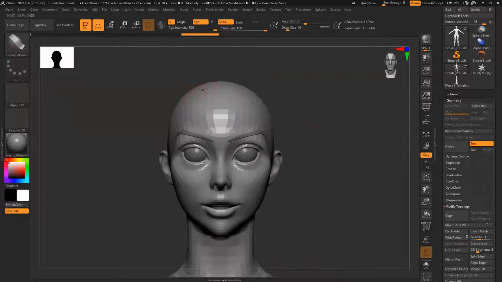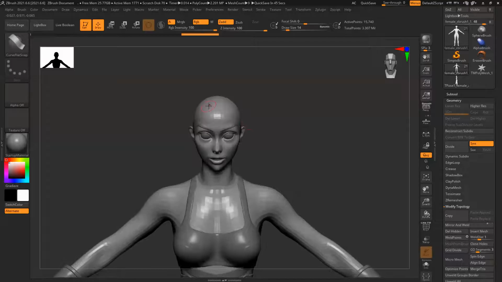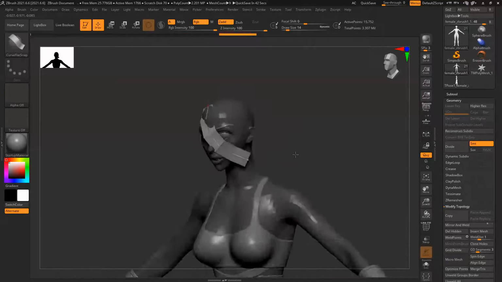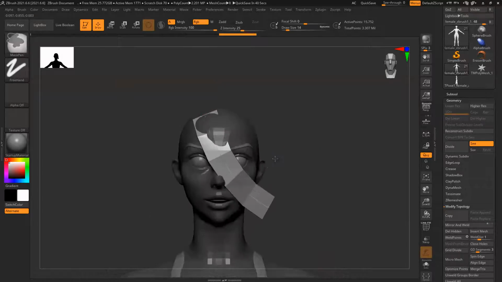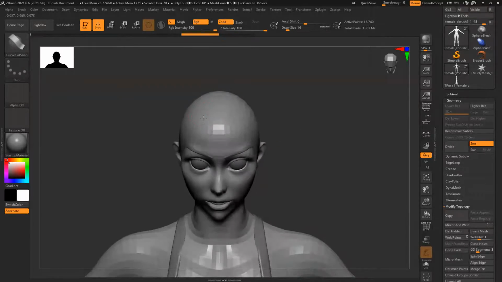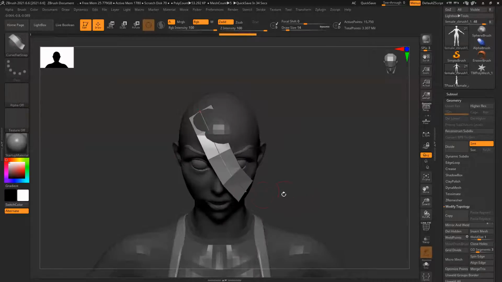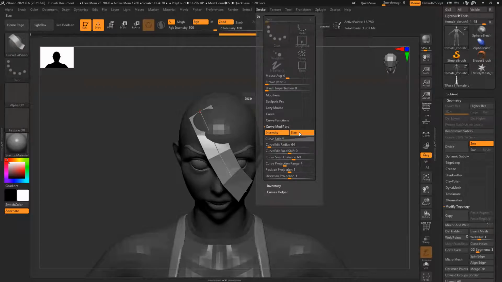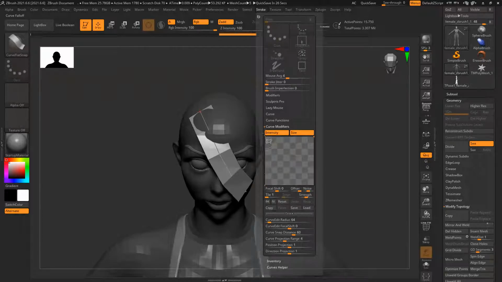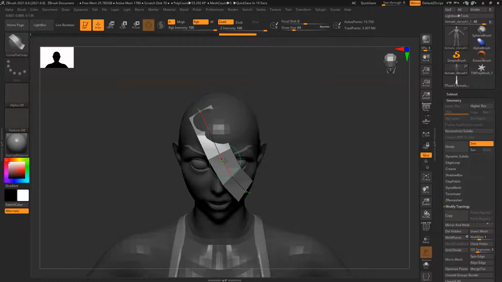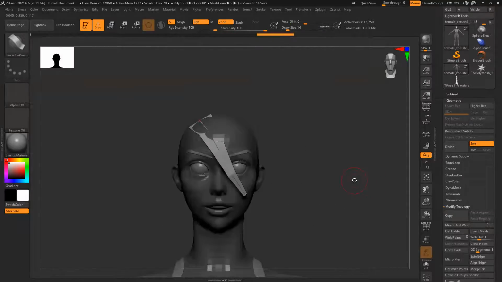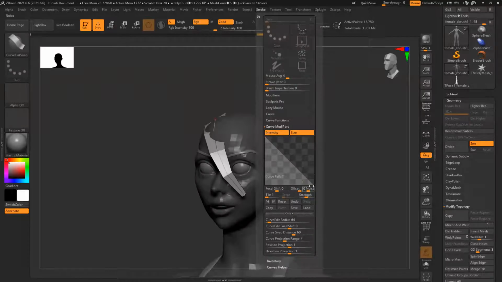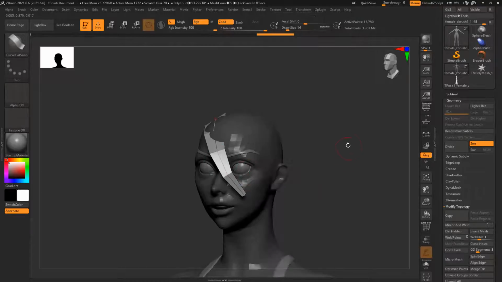And now if I want to create this, start somewhere from here. So it works like this, but it's too much. Let's see, too big, but it should be pointy. So what I'll do, I'll go to stroke, curve modifier, size, fall off, invert this, and click again. So it will create this pointy surface. If you feel like it should be even more pointy, it's like full pointed. Nothing else we can do.